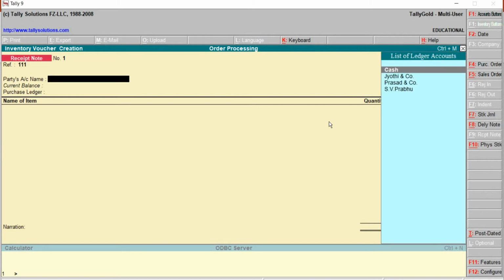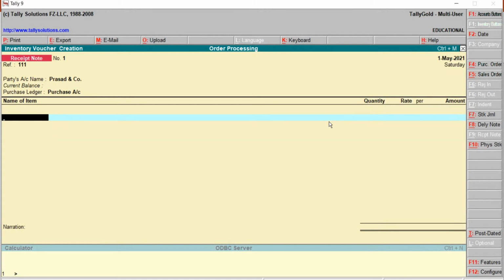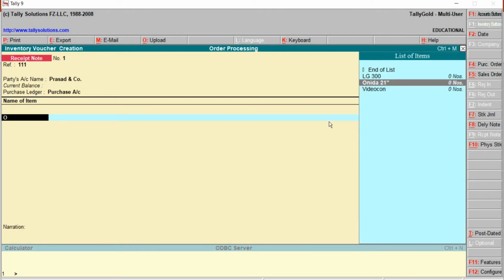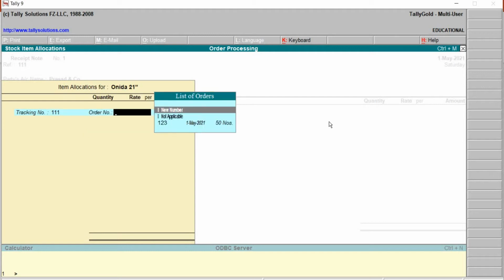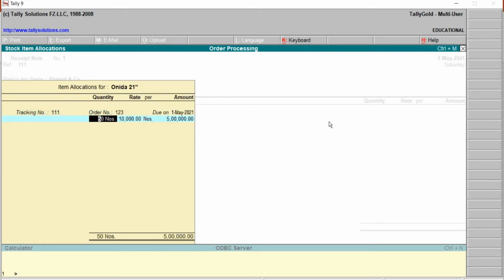11111. Party's name, it is Prasad and Company. Purchase account. Name of the item is Onida. See here the tracking number 111 for receipt note. Order number was 123.